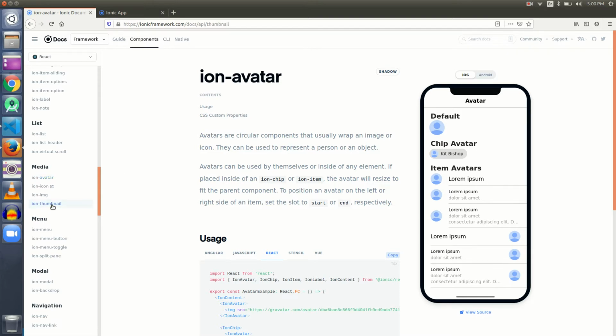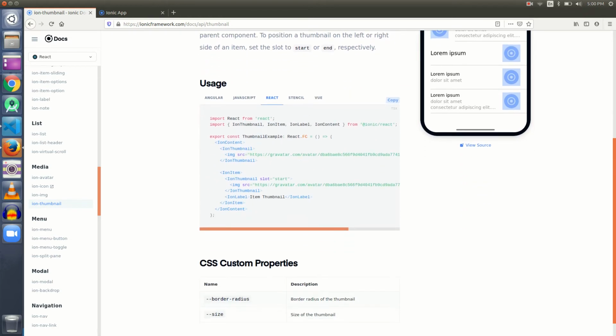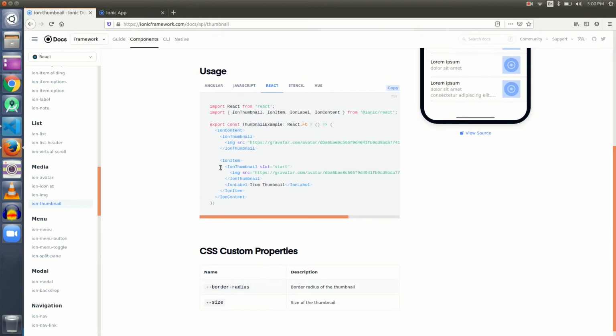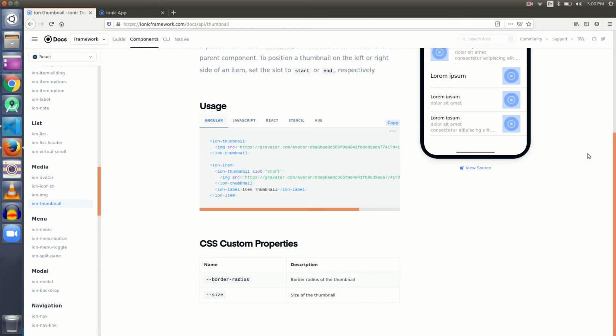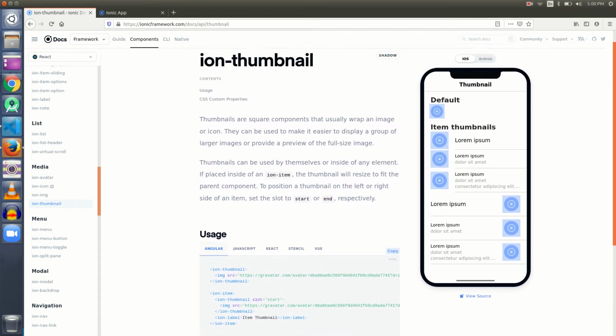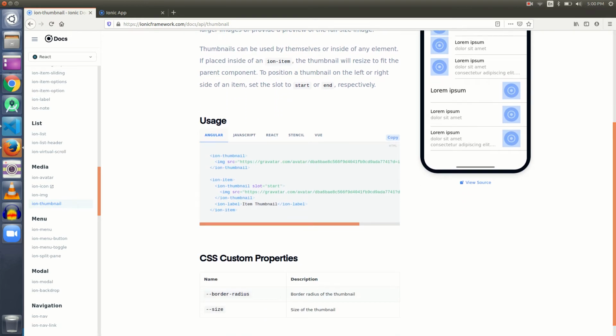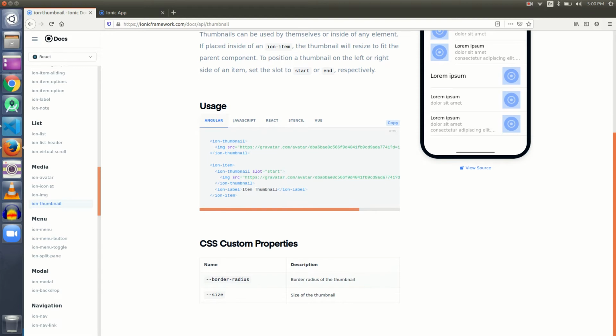So let's go to Ion thumbnail once again. This is the React code, this is the Angular one. Apart from these, there is nothing much in Ion thumbnail, and we have done all those things. Slot we have studied, and we have placed an image inside it.